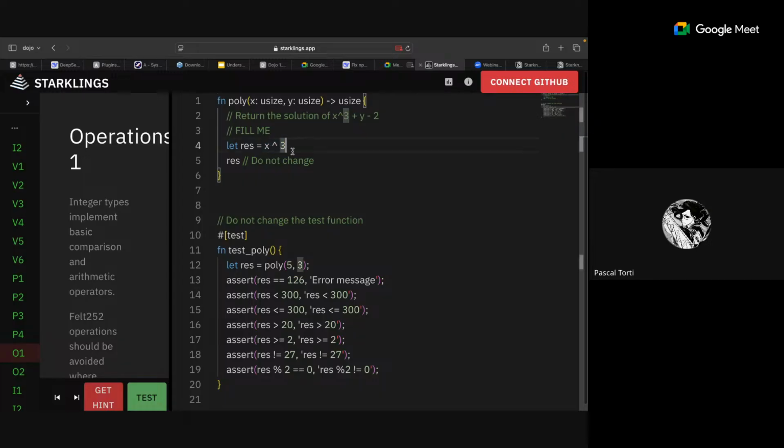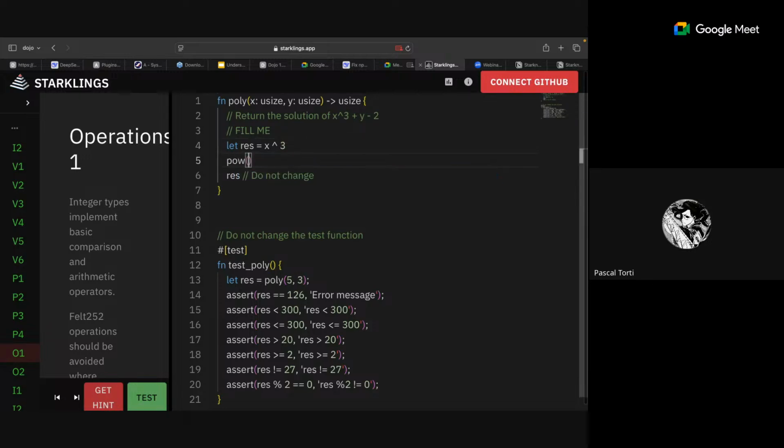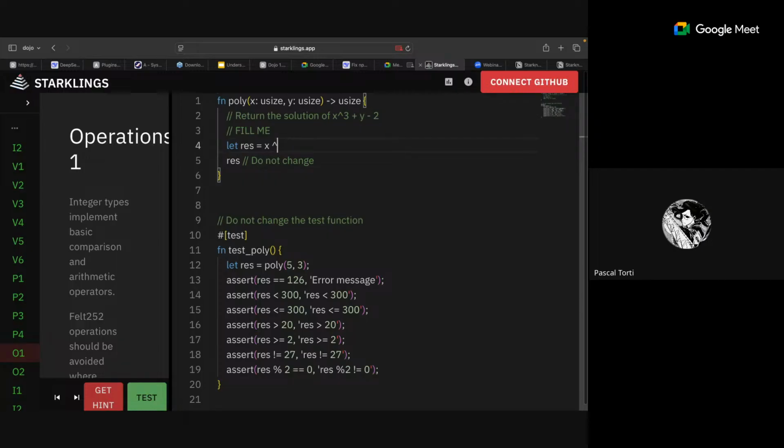So in Cairo, when you want to do the raise to power, you have to import an inbuilt library named pow. This pow takes in the first variable raised to the power of the second variable. Yeah, this is now 2 raised to power 9. But since we cannot import here, we just have to multiply x 3 times. So x times x times x